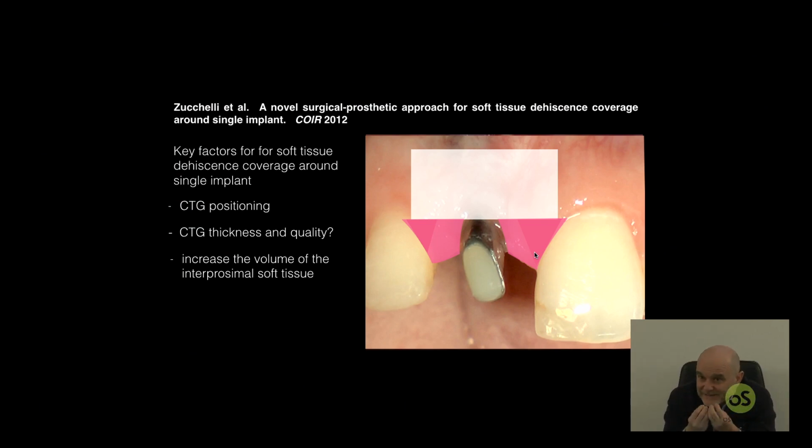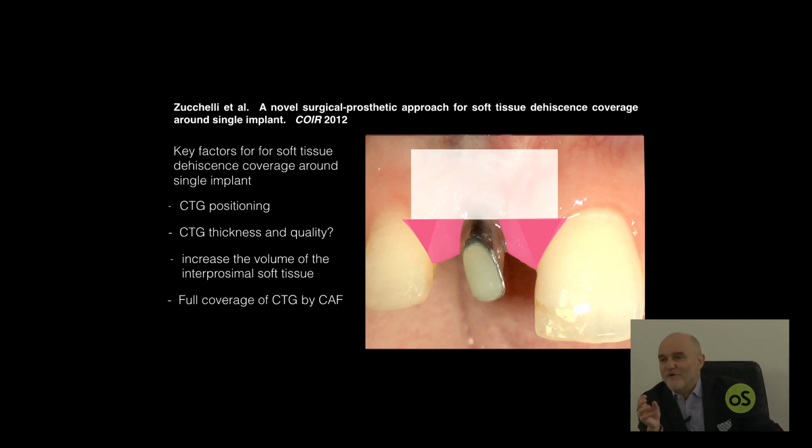That is the key factor for the success of the covering of the implant and abutment surface. So full coverage of this connective tissue is critical for the success. In order to have full coverage, you have to give the greater blood supply to the papilla, mesial and distal, to the abutment, to the flap that will be coronally advanced and will be used to achieve complete coverage of